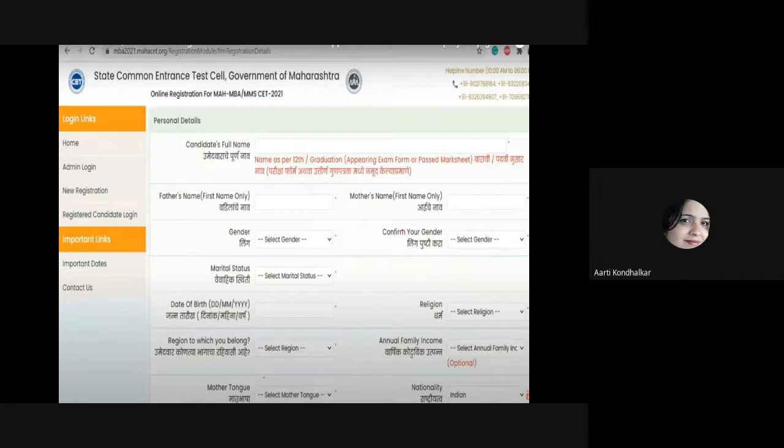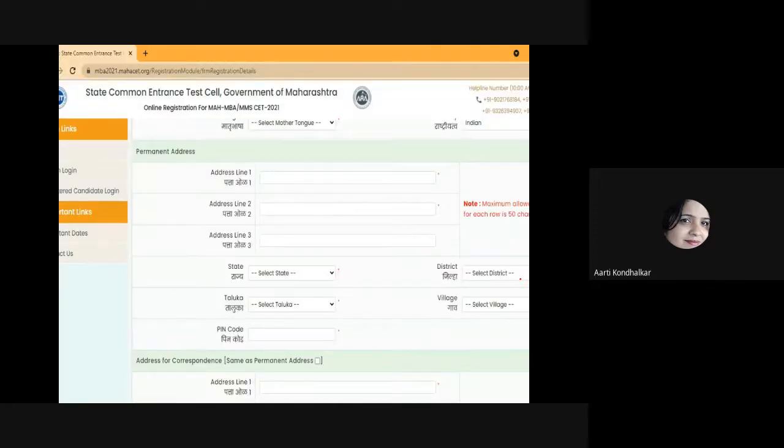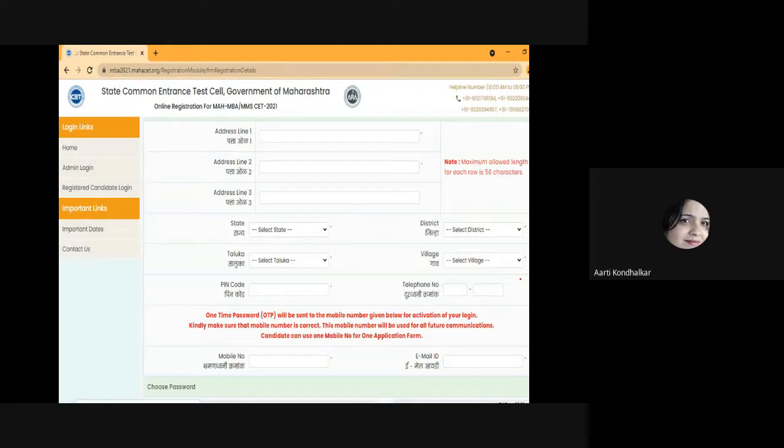Father's name, only the first name of your father, mother's name, gender, marital status, date of birth, religion, region, annual income, it's not compulsory, mother tongue, nationality, address, state, district, taluka, village, pin code, mobile number and email ID.